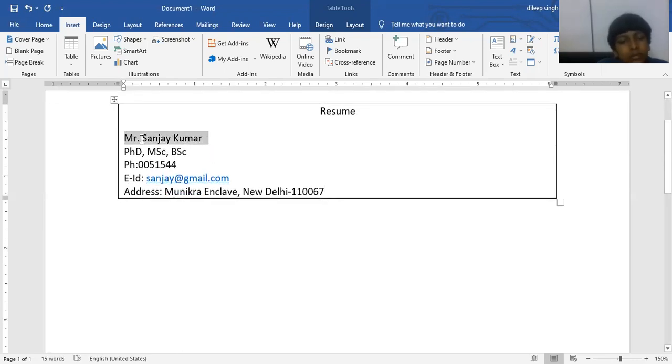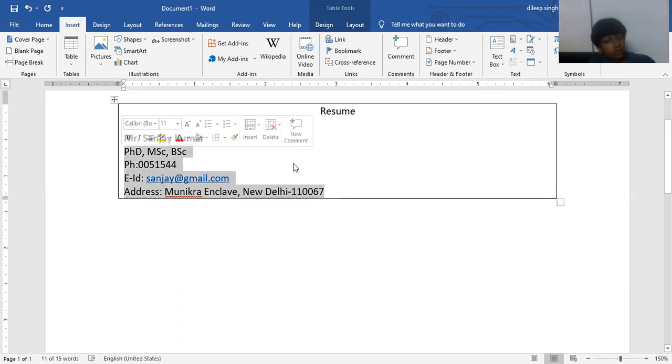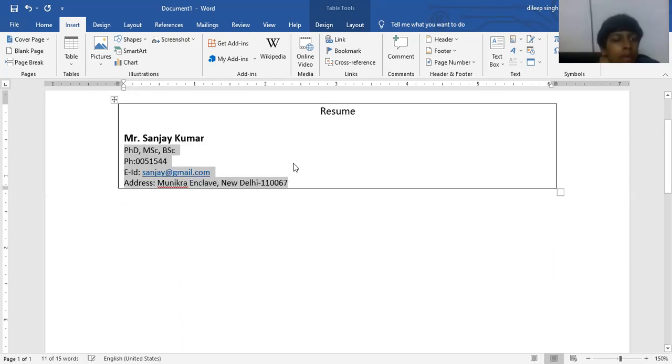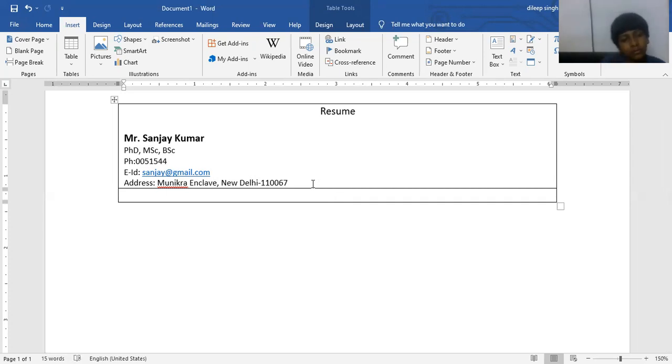Okay, like this you just enter your details, and after entering your details, just set this particular format. For example, if you want to bold your font, just press Ctrl plus B, it becomes bold. And if you want to decrease the font size of all the content below, just press Ctrl Shift and the less than symbol. You will get the data like this now. Okay. And after that, just press the tab button to move on to the next row. Just using tab, we move on to the next row.